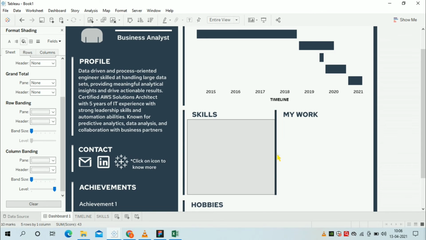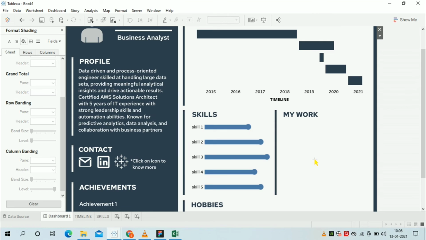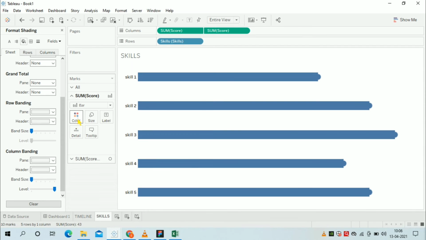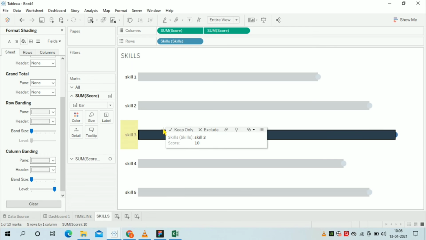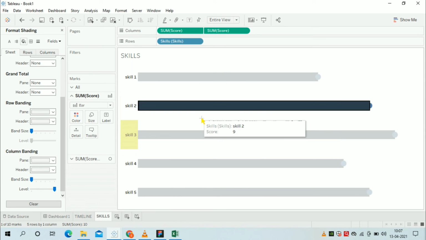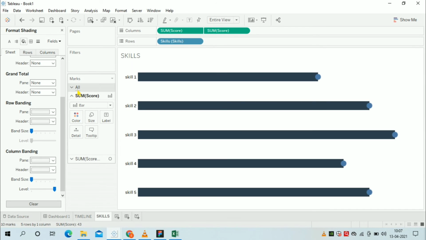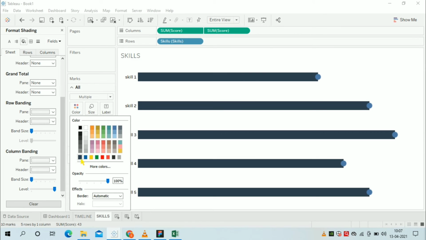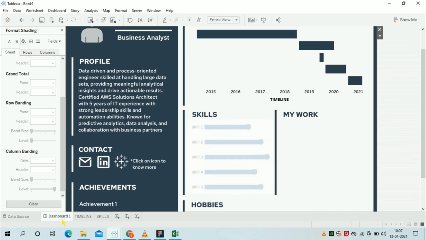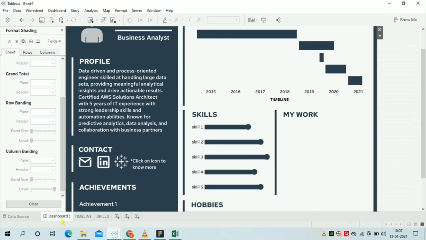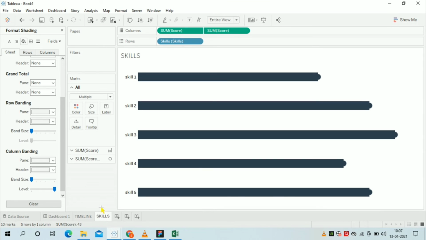Adjust the size of the worksheet box. Now it's ready. Now we have to change the color to the color of our theme. Make sure that you color all the marks. Now our skill section is ready.